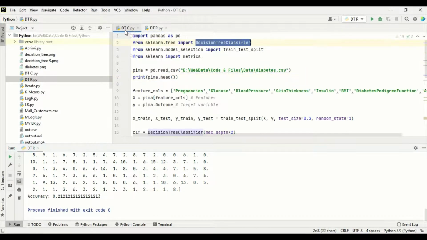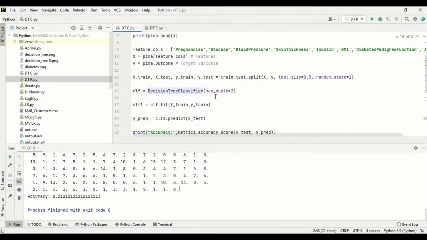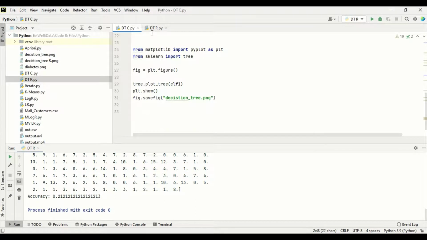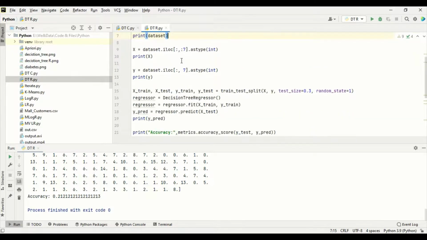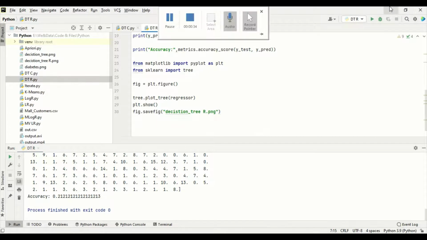Let me have a recap of how it is done. For the decision tree classifier, an important key point is maximum depth, which we used as 2, 5 and so on, along with train test split. The decision tree regressor is the key point in the decision tree regression problem. Then we saw how to split the data using iloc. After that, we fit the regressor as well. This is about decision tree regression, classification and decision tree.